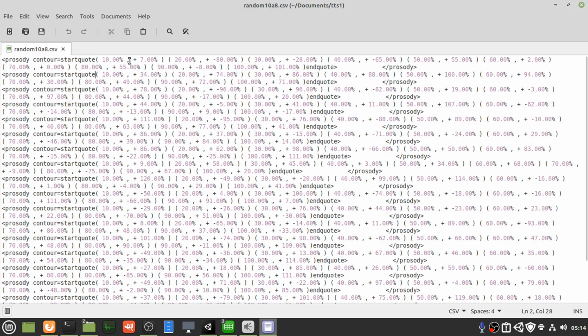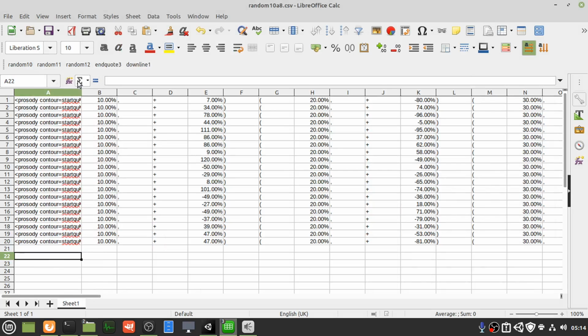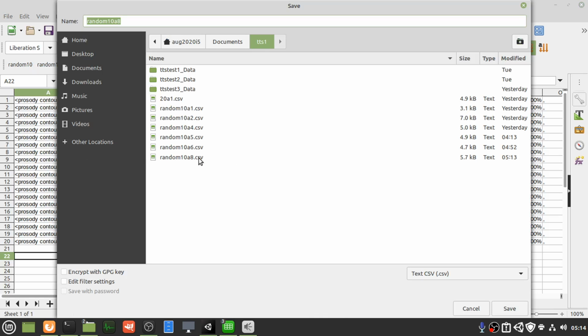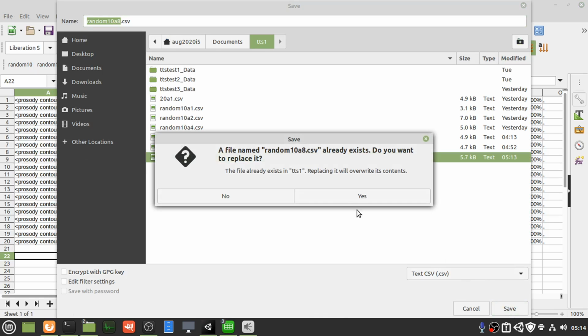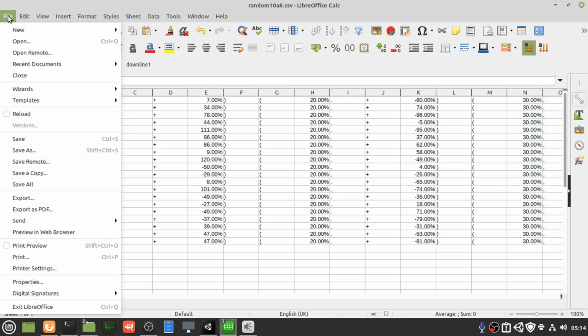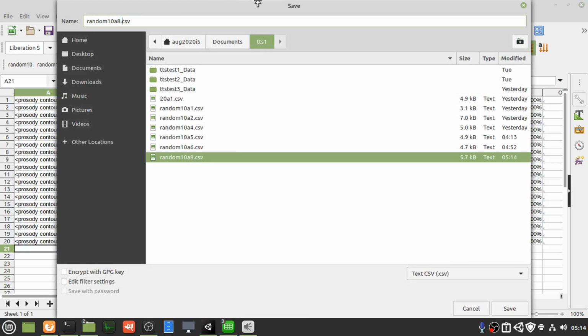I mean, if I close that, go back to here, I'll save as. We may be lucky enough. Save. No, you see, it's not going to give me the option to change my delineation. So if I do that and do B,